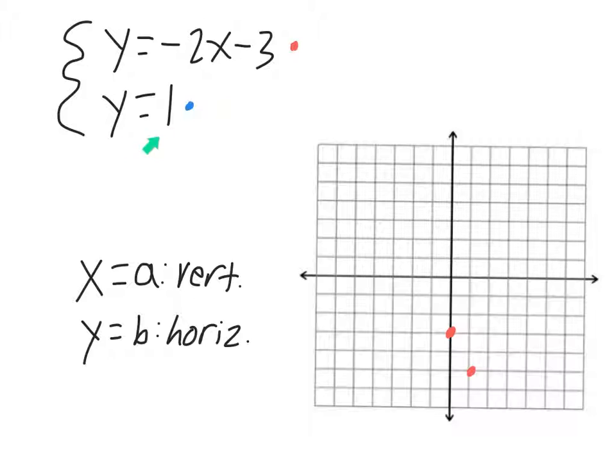Now, the second one, y equals 1, that's going to be just a horizontal line at y equals 1. So, pretty much just your y-intercept will be at 1,